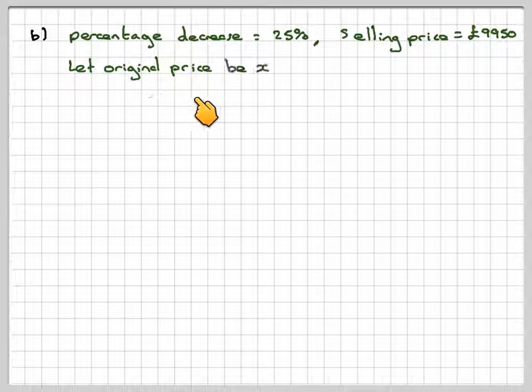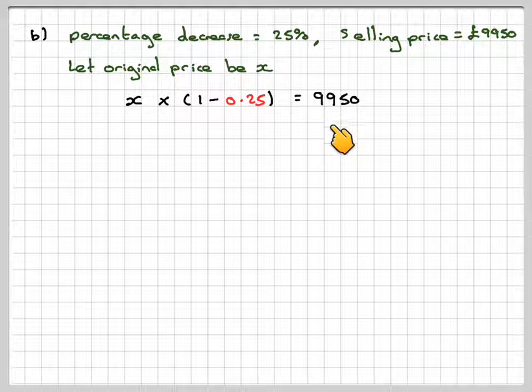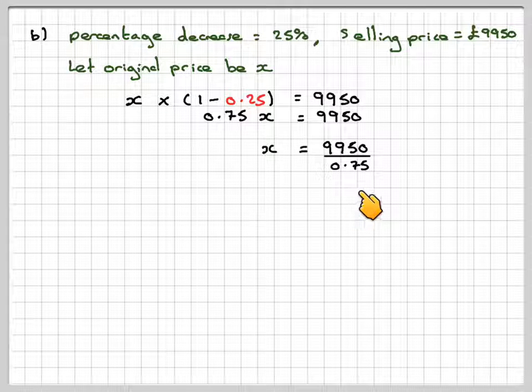So, let the original price be x. So, x times 1 minus 0.25, because it decreases, will be equal to the new selling price, which is 9,950. So 0.75x is equal to 9,950. So 0.75 is the multiplier for a percentage decrease of 25%. So to find x, it will be 9,950 divided by 0.75, which will give me